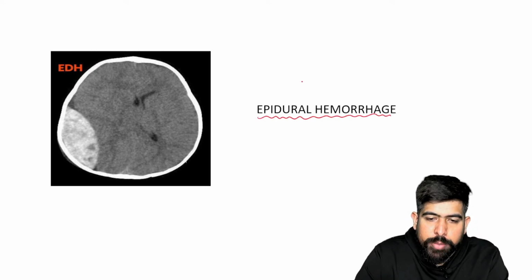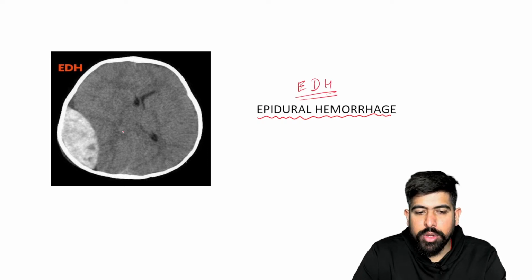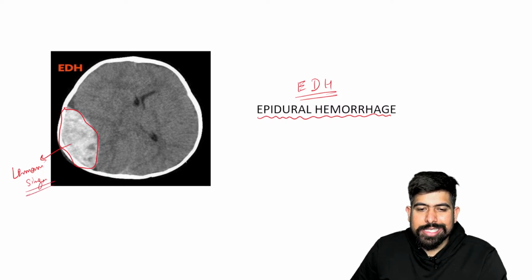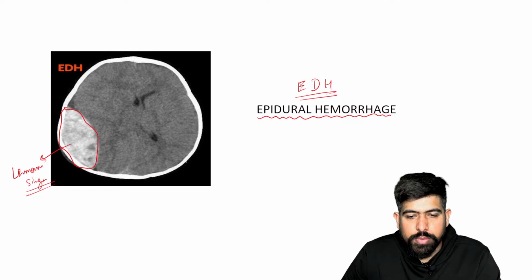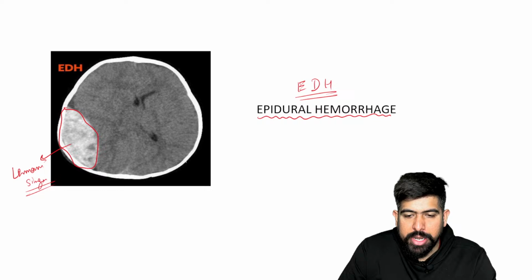In this epidural hemorrhage, EDH, we have the lemon sign. Can you see? This is the kind of lemon. This is the lemon sign. The image is clearly seen to you, that one lemon is over there. The bulging comes from the bridging of the vein.